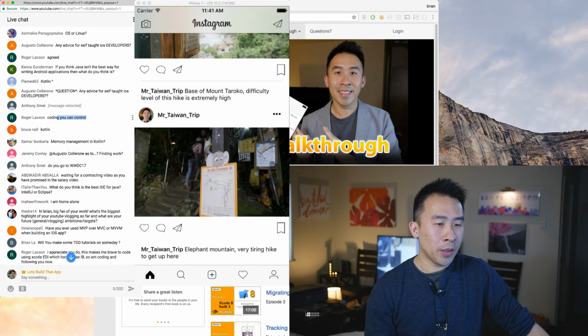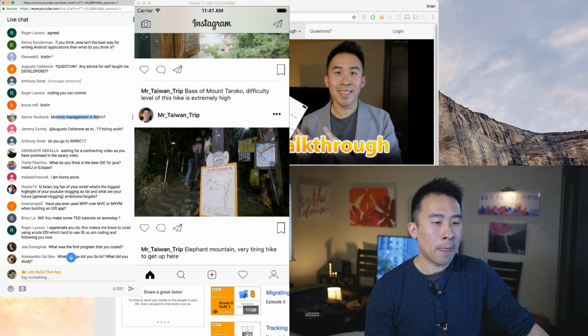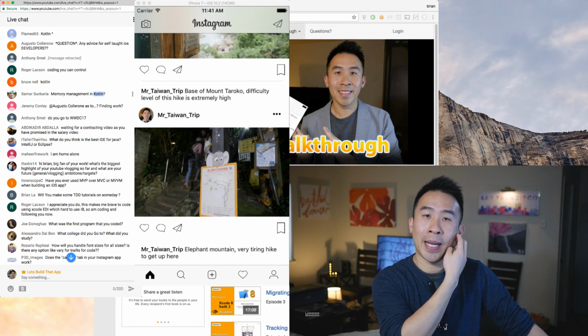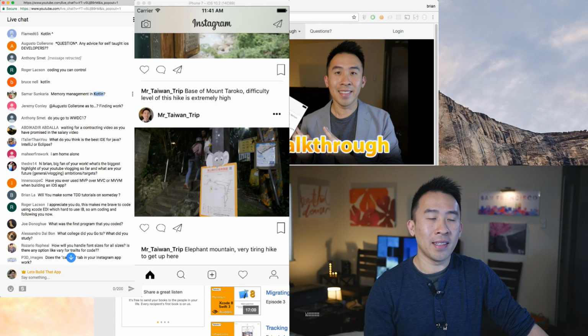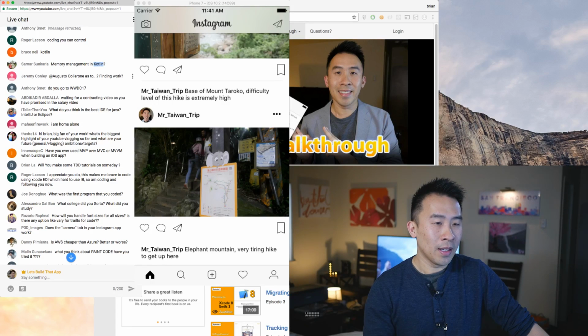Memory management in Kotlin: everything developed inside of Kotlin eventually compiles into Java bytecode. Java has its own garbage collection system to manage memory and all that good stuff. So you just rely on the JVM to properly manage all that for you.